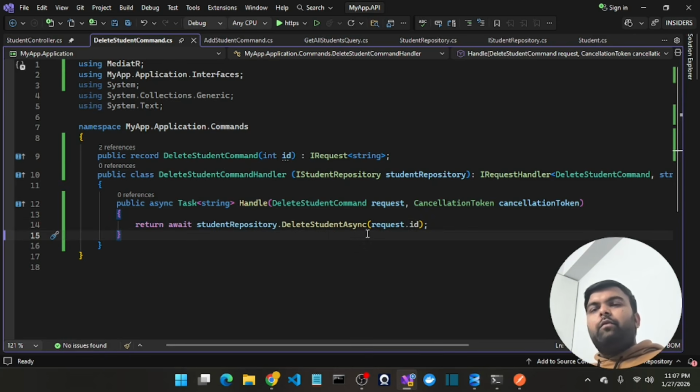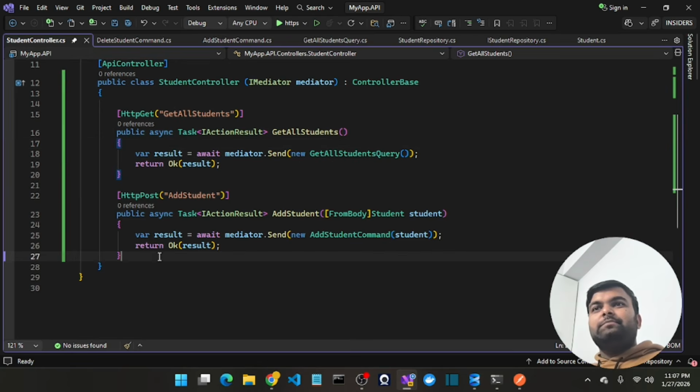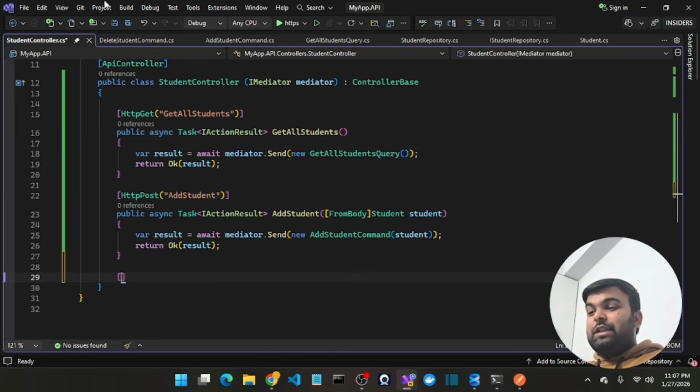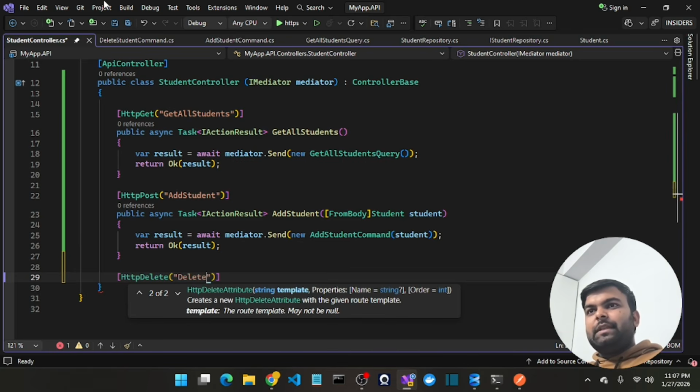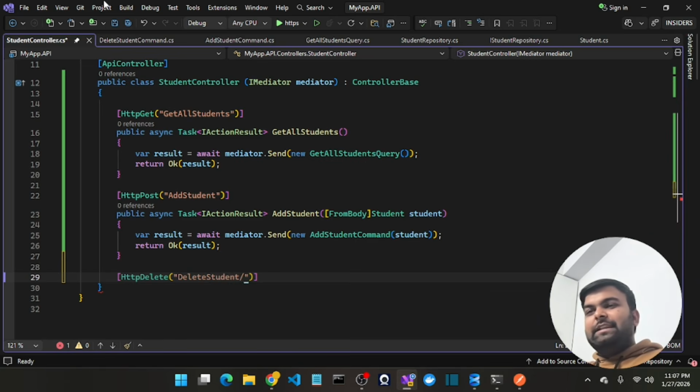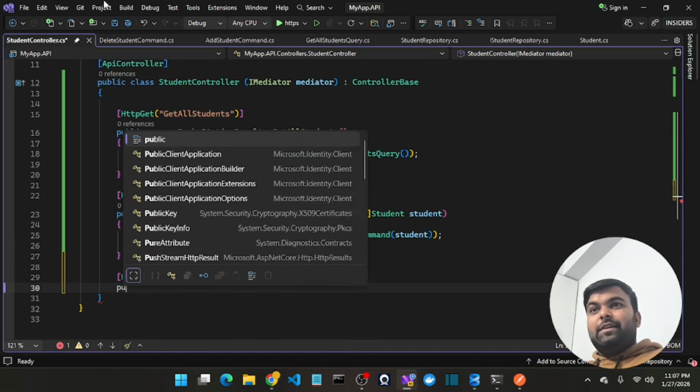If you want to delete the record, you have to call the API http delete, or delete student. Very good. Okay, ID, I want to define the ID like this. Public